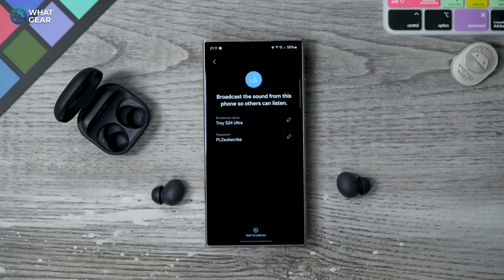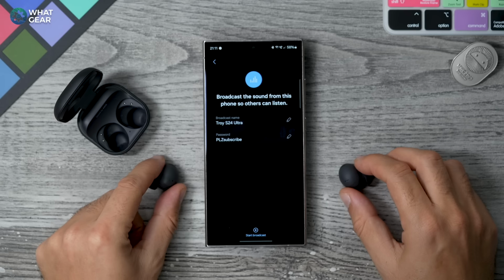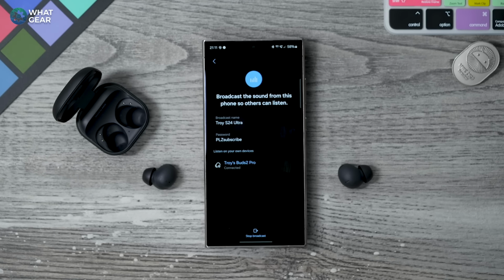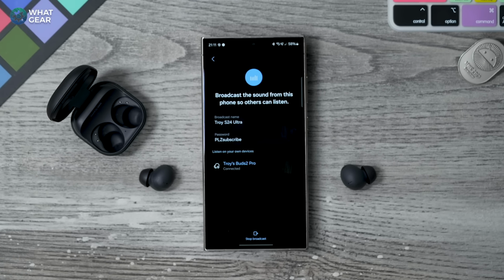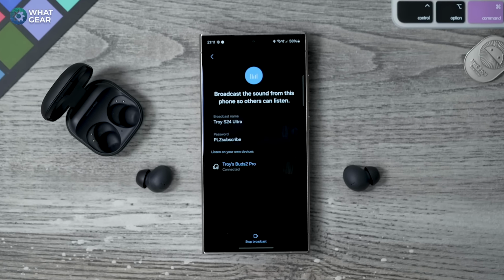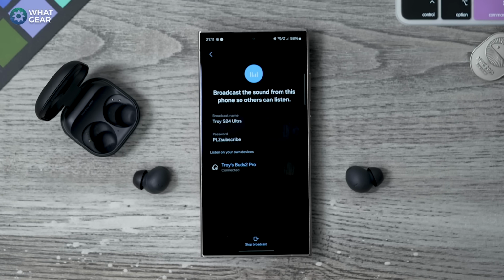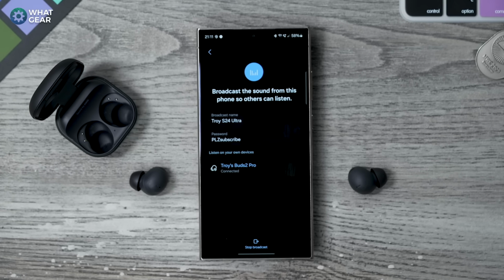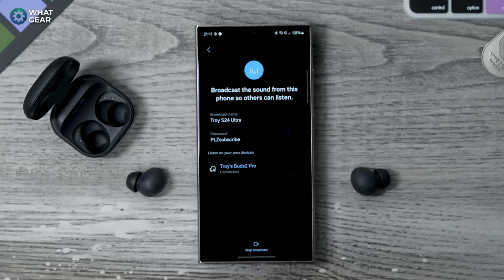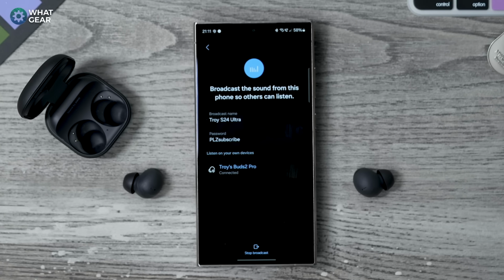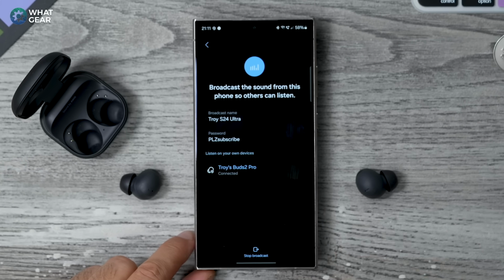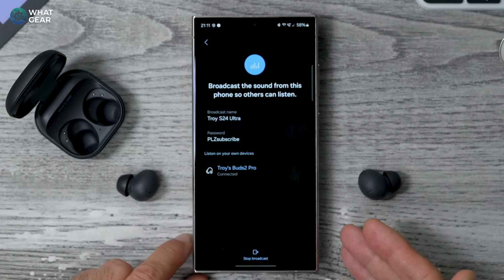And at this point in time, there's very few of them out there. I think there might be a Sennheiser headphone. I do believe some of the JBL products will be getting the update soon as well. This essentially creates a unique Bluetooth transmission to quite a wide area around your device. So let's say, for example, you're watching a movie on a plane with your phone, and the people traveling with you also have Samsung phones with Galaxy Buds. They can all tap into this Auracast and you can all watch together.